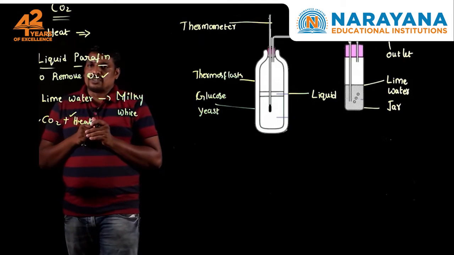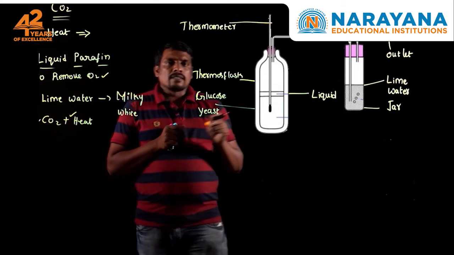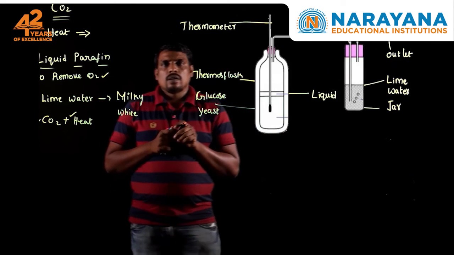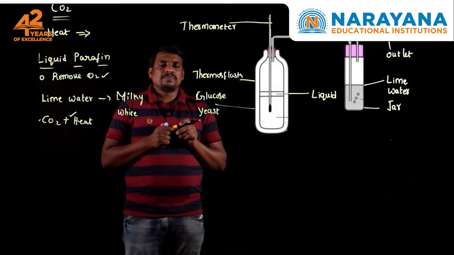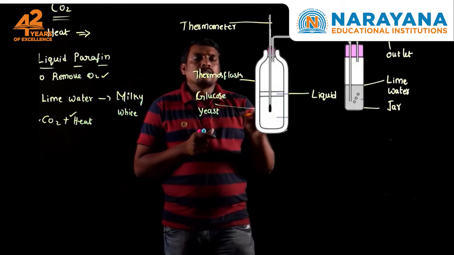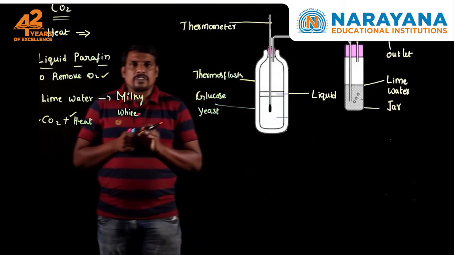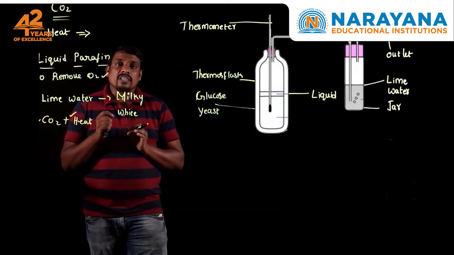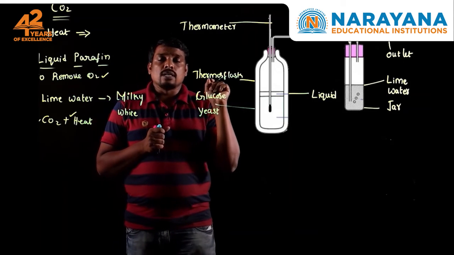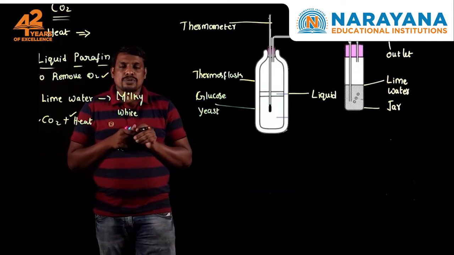What are your observations? In this experiment, I observed that carbon dioxide is a common end product of respiration, whereas heat energy is also generally produced in this experiment, that is also one of the observations. How can you know whether heat is produced or not? The rising mercury level in the thermometer indicates that heat energy is produced.